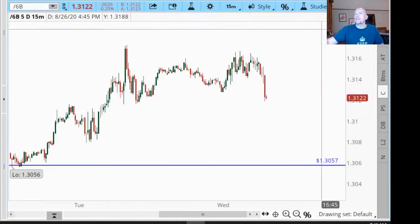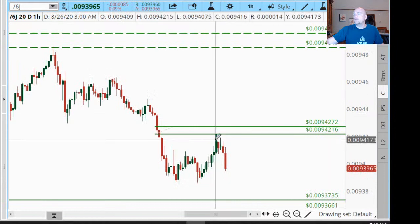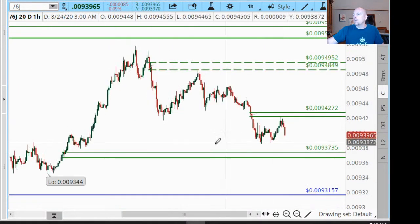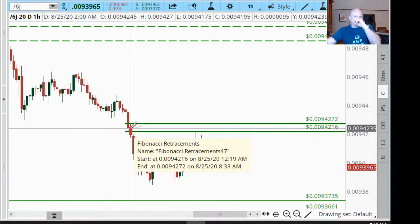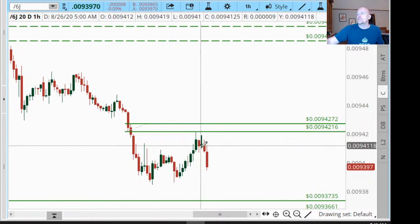So I'm not going to add anything on my Great British Pound. And then the Japanese yen, we came up and we got this one in the overnight. So hopefully some of you guys were able to catch this one in the overnight. You've gotten a nice little move away. Once again, a pretty clean wick over wick below a pivot, where we got a nice touch and move away